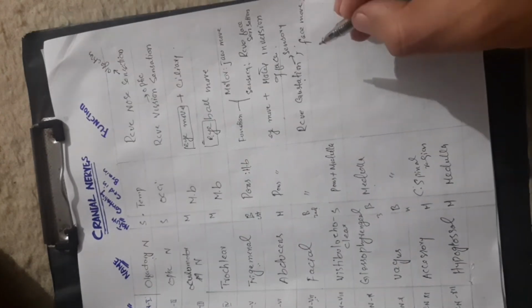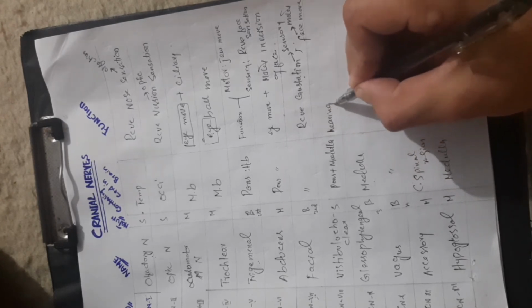And carries taste information into the pons. It is also responsible for face movement. It is its motor function. Because it is mixed nerve, it performs both the functions. Vestibulocochlear nerve is responsible for hearing and balancing of the body. It brings information from the ear,